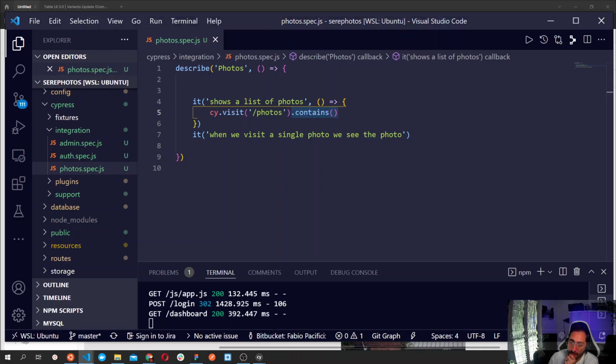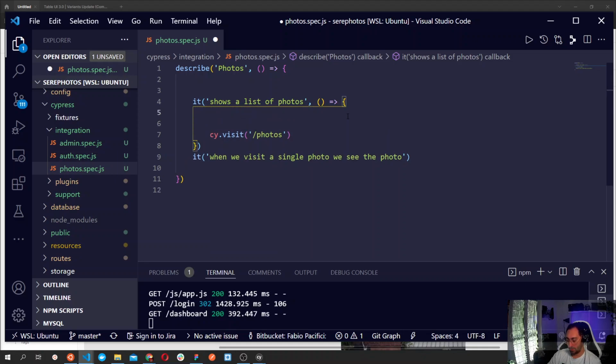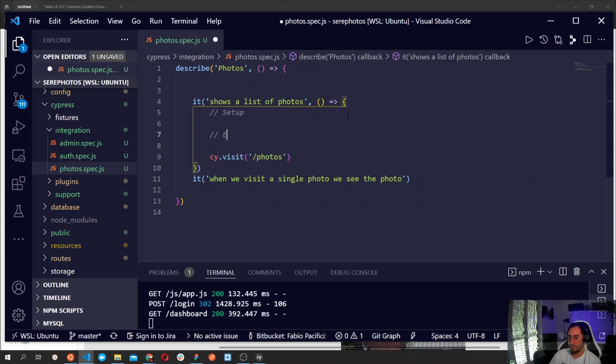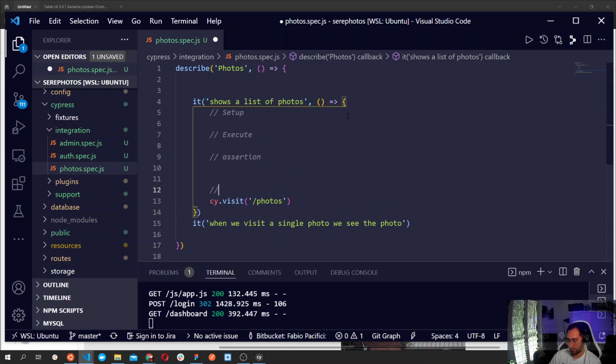Let me think about that. Okay, how can this contain something? So I visit this page. What are my steps? So I need to set up my dependencies. Then I need to execute the actual feature. And then I need to make the session. And finally, I need to go back or refresh the database. So if we need to refresh the database, we need these